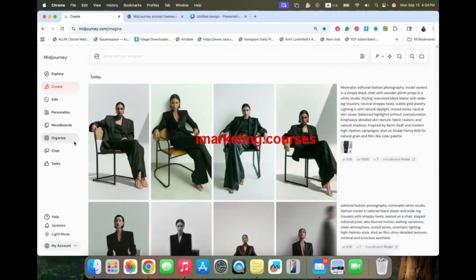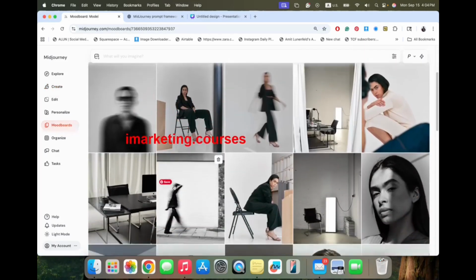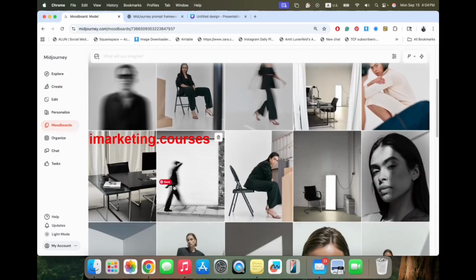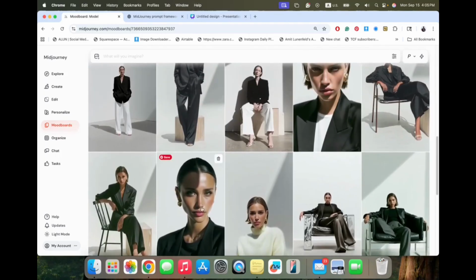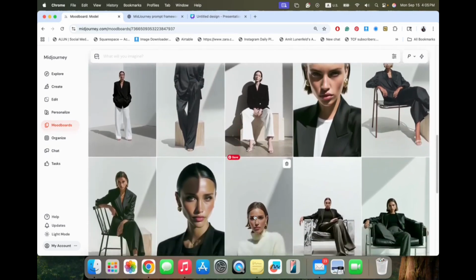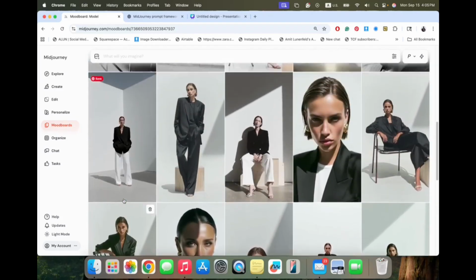So in general, for you guys to see, this is how I started. Of course, it didn't generate exactly the same model. If you want this specific model, you can put this model in the omni reference and try to recreate it. And this is the model I got, pretty consistent. One time she had her hair up, one time her hair down, short hair. Definitely need more texture, but it's a great result.